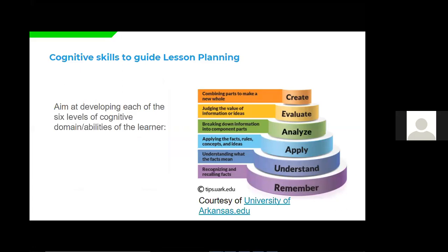That is the knowledge level, the lowermost level in Bloom's taxonomy, where learners need to recall facts, or rather recognize or recall relevant knowledge from long-term memory. Questions that can elicit this level would be questions like define, questions like identify. Those are some of the questions we said your lesson plan should include to invoke that level of cognitive skill.